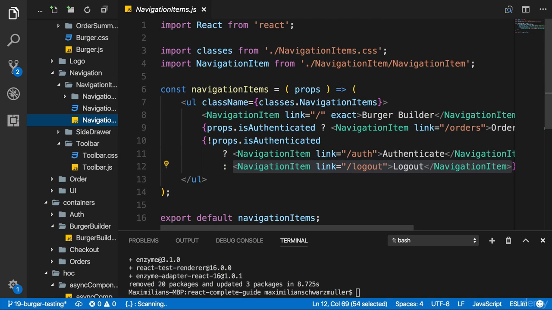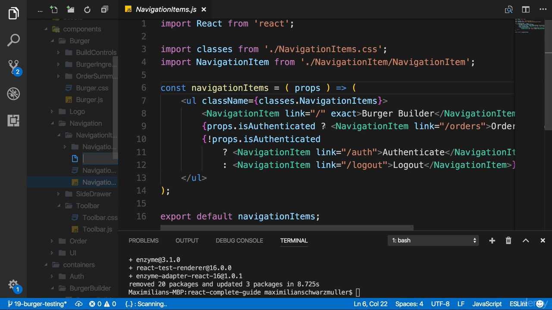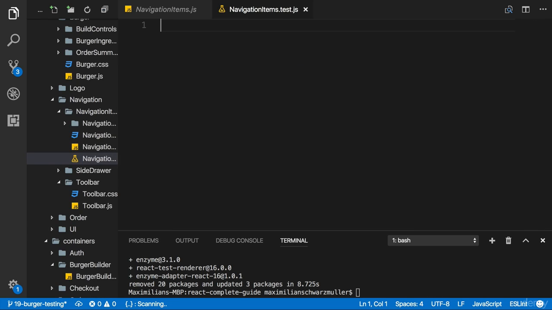Now keep in mind, most of your React components are just functions, and therefore they only depend on the props they receive. That's something you have to keep in mind for testing. Now let's create a testing file for this component. Therefore, next to it in the same folder, I'll add a new file, which I'll name navigationitems.test.js. The .test.js is important because that is automatically picked up by create React app once we run a special command and will then be included in the testing and therefore will be tested.